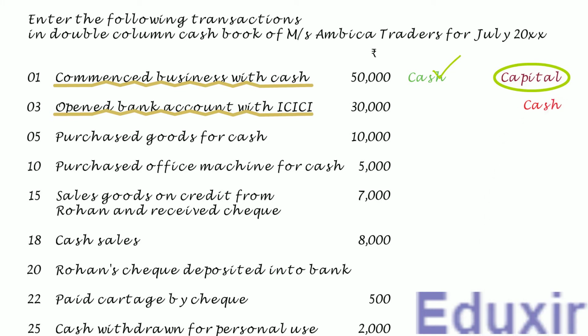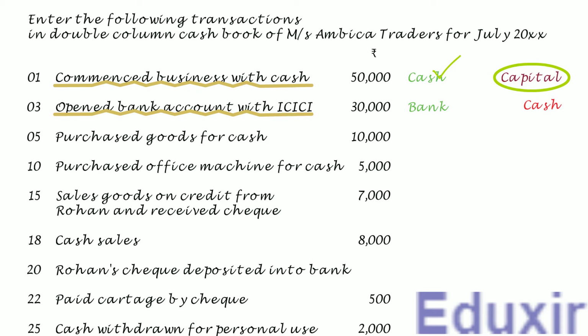At the same time, as the cash is deposited into the bank, the bank asset of the business will be increasing. The rule to record any increase in the asset is to debit the corresponding asset's account. In this case, the bank account should be debited. As discussed earlier, we use the bank column cash book or double column cash book for recording both the cash and bank entries. As in this case, we have both cash and bank accounts, we should record both of them into the cash book. Of course, one will be recorded on the credit side and one will be recorded on the debit side. Let us first record the cash entry and then we will come back and record the bank entry.